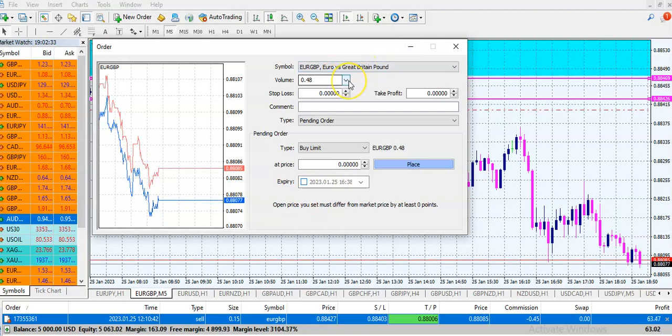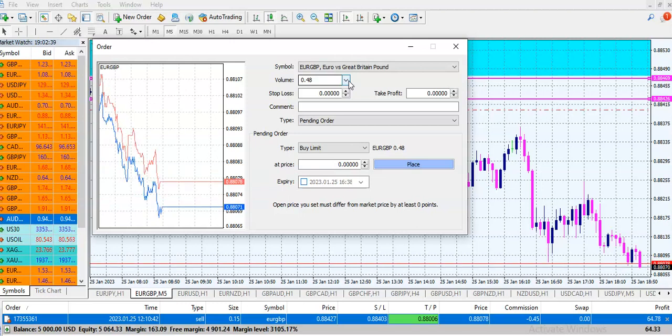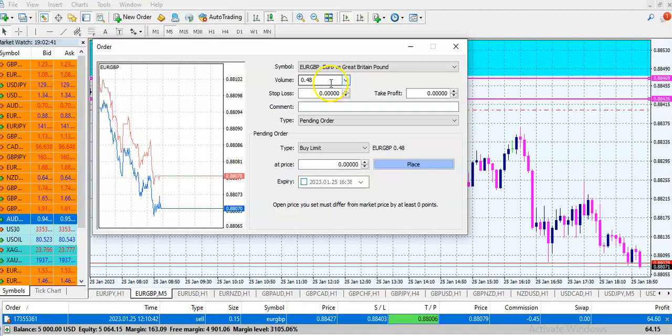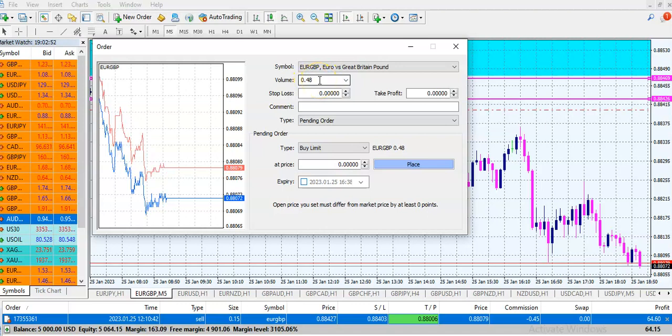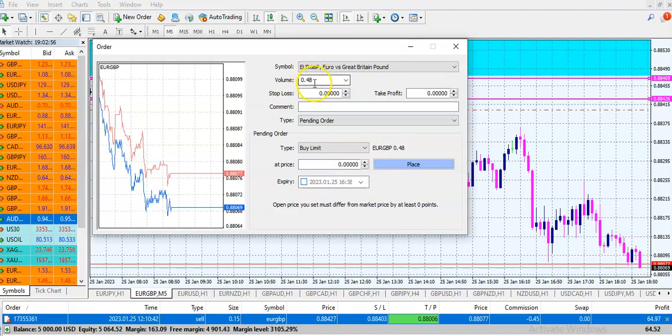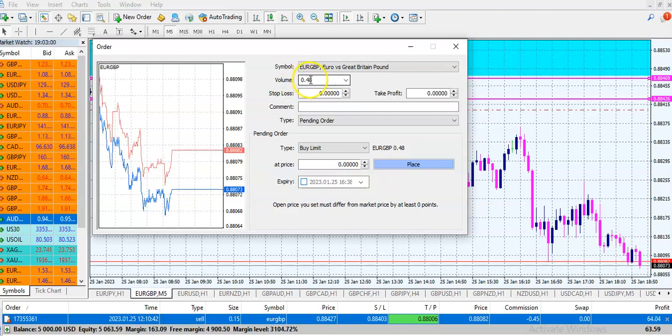There's another tutorial that I actually made on how to calculate your lot size and all that. Please go through those tutorials all over again. After calculating your risk using my forex book app, you're going to come back here and put whatever you got as your lot right here in the